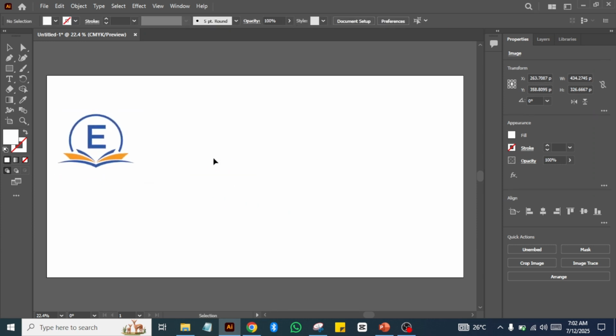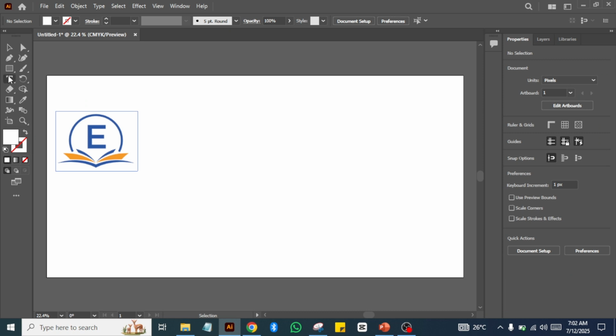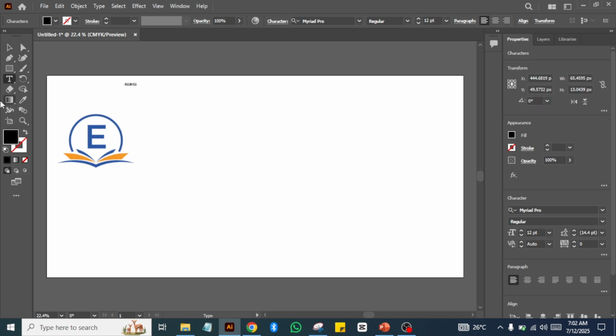You place it there. Now you are making something called a mood board, and I can do something like that. I can take a text tool and type there and then enlarge this text a little bit in order to identify what we are doing. We are doing a mood board. This is actually an educational logo mood board. Or you can put a title that you want, like that,